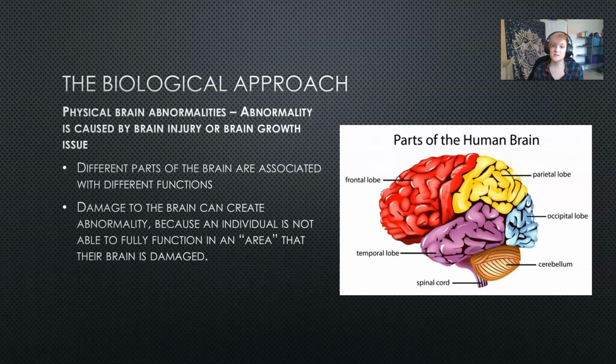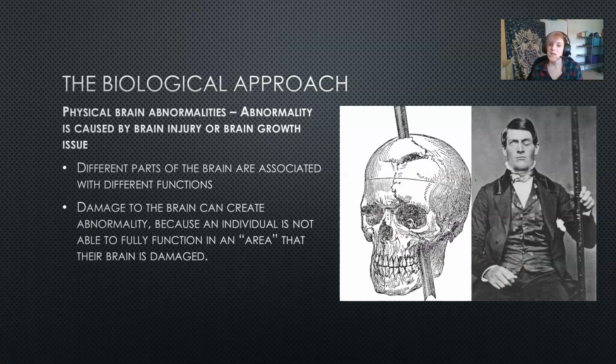Damage to different parts of the brain can create abnormality, because if an individual is not able to fully function in that area, then that part of the brain is damaged. For example, here we see Phineas Gage. Now, he is one of the key case studies in the biological approach to support the concept of physical brain